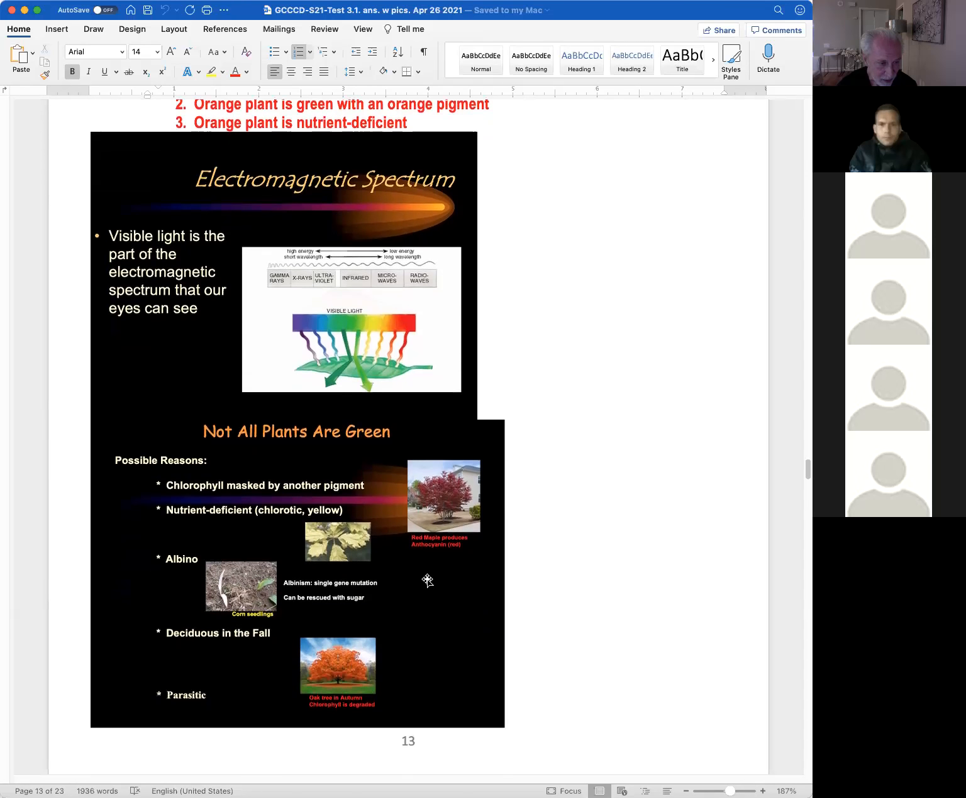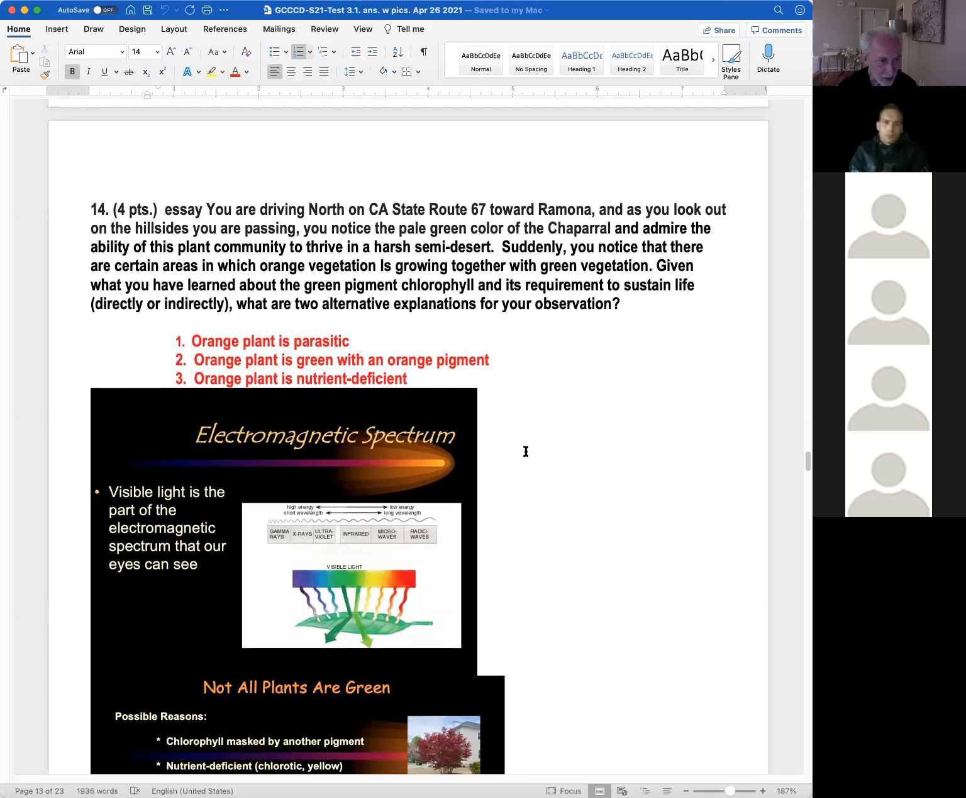So you might see, for example, a red tree, an ornamental red maple. Now, is that a red tree or does it have chlorophyll? And the answer is it has chlorophyll. It's perfectly good at photosynthesis. It's just that it makes another pigment besides chlorophyll, an anthocyanin, and that pigment happens to be red. So it masks the green. So that's a possible explanation for the orange plant, that the orange plant is really a green plant, but in